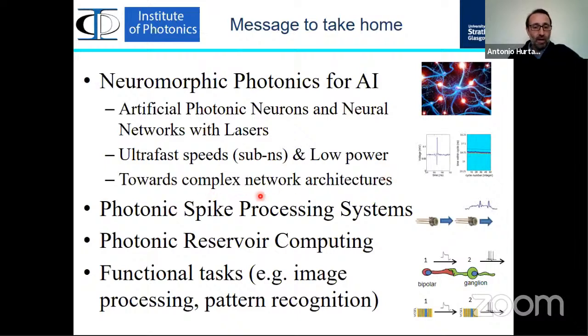We are working towards photonic spike processing systems with VCSELs, ubiquitous lasers in our society. And also we can develop photonic reservoir computing systems, which emulate full neural networks with very hardware-friendly systems, able to process complex tasks. And this is the last point: we are not doing this as an academic exercise, but we are focusing on functional tasks such as image processing, pattern recognition, time series prediction, channel equalization tasks,